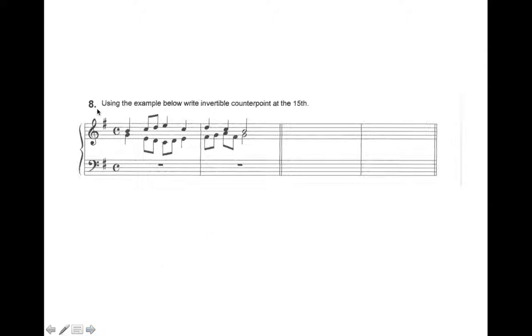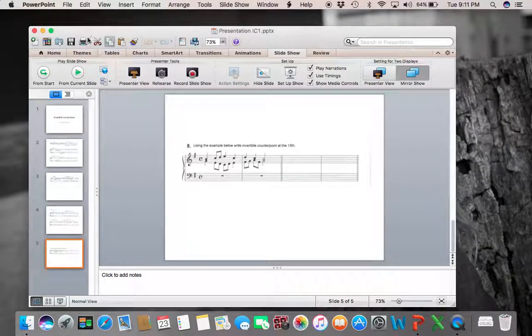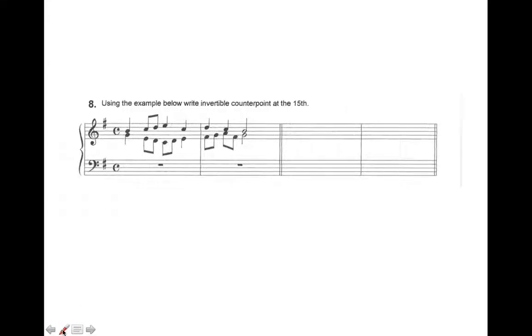Then, what's numbered? Number 8, actually, it's number 7. But using the example below, write the invertible counterpoint at the 15th. Okay, so there's a few ways to do this. So you could get a few different answers. If you simply take one voice and leave it where it's at. So if you take this bottom voice and you start it over here on G, where it is, I'm just going to use the first note here. So you start on G